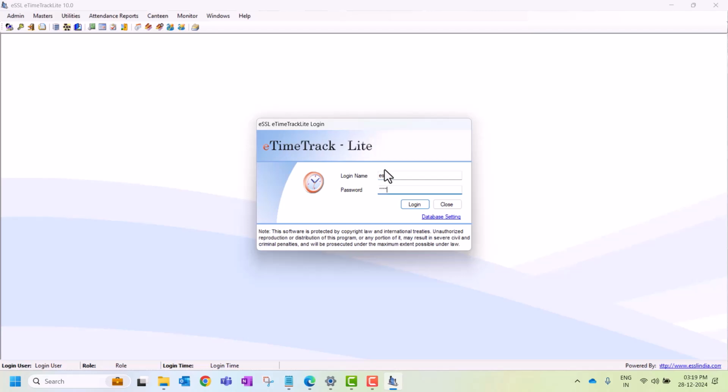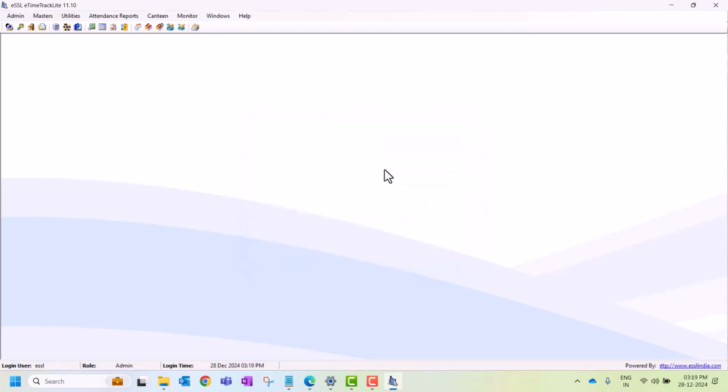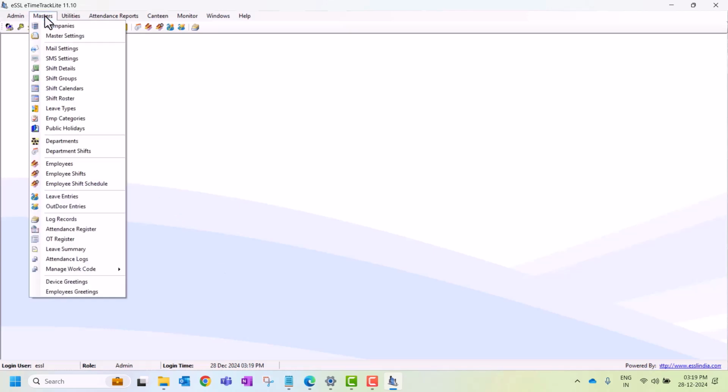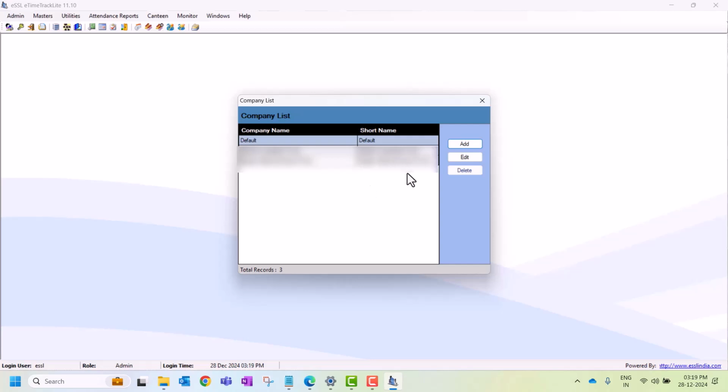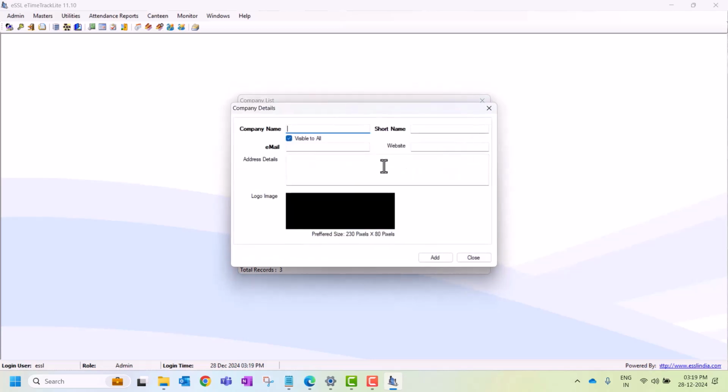Okay, let's log in. Okay, so go to masters and click on company. Here we can add the company. Click on add, like any company, ABC Services Private Limited, short name ABC,